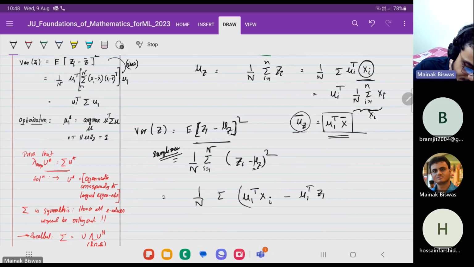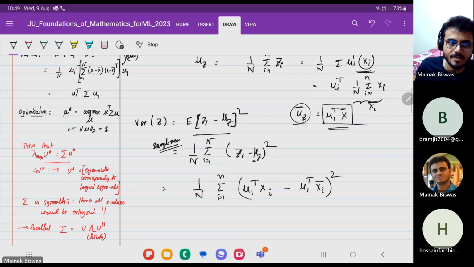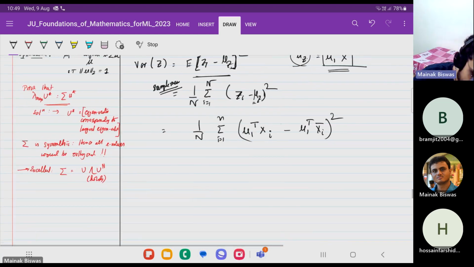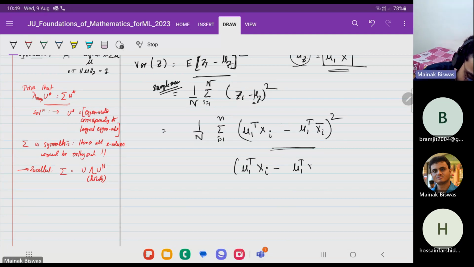This is Xi minus Xi bar whole square, i equal to 1 to n. So how can you write this? Any idea? How can I project it backwards? Since these are scalars, you can write this as Xi minus, what can I write this as? U1 transpose Xi bar into U1 transpose,